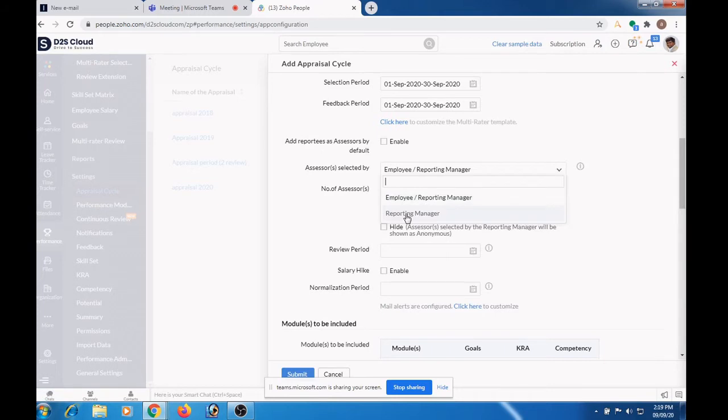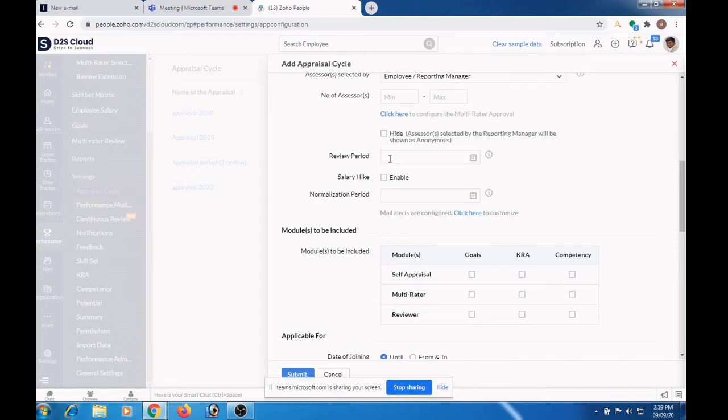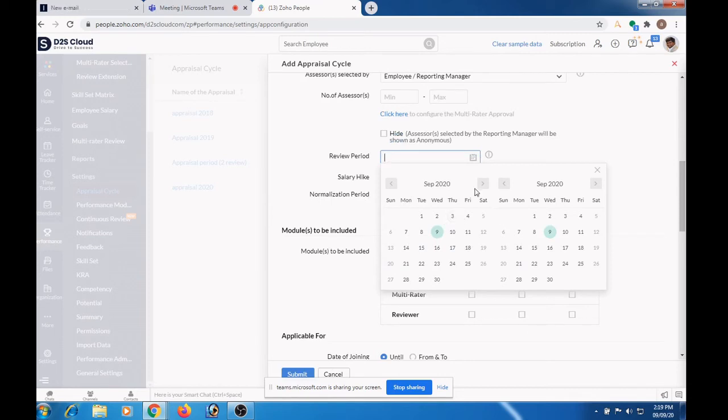Either it is a reporting manager, or employee and reporting manager can access, and the number of assessors you can mention here, the minimum limit and the maximum limit. And the actual review period you can mention here as October. Let me mention it as October 1st to October 30.